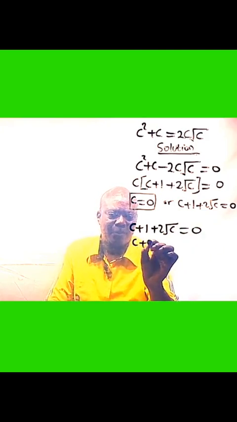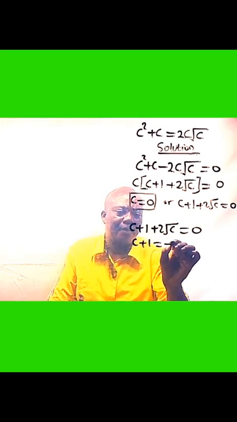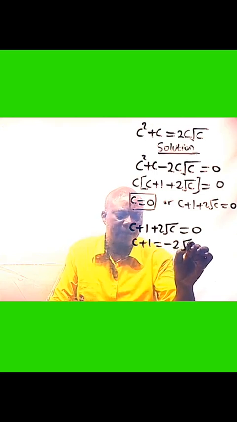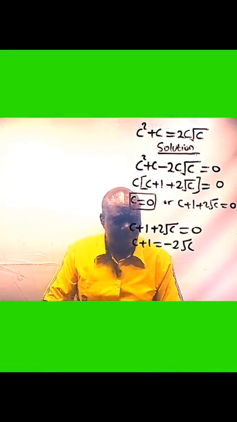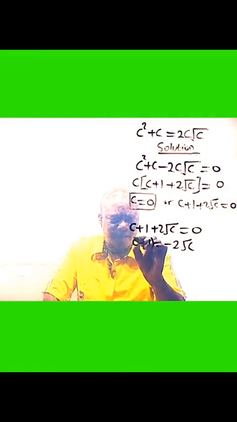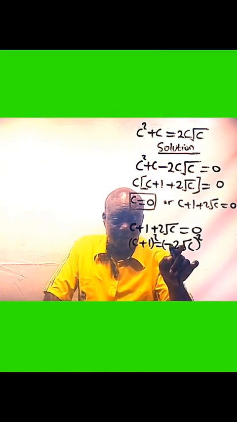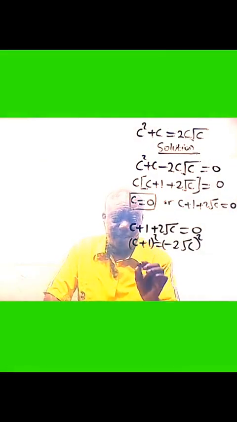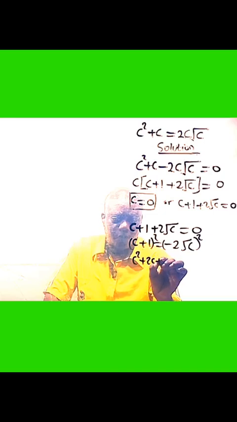That means C plus 1 will be equals to minus 2 root C. Let us square both sides. You know why I want to deal with the radicand here. So we have C, this one becomes C square plus 2C plus 1